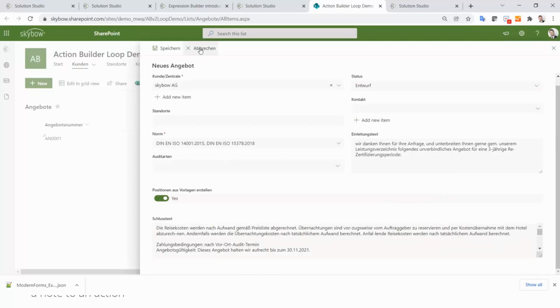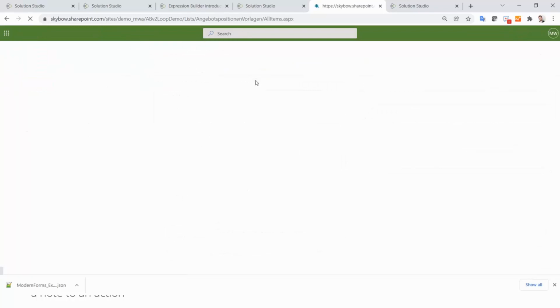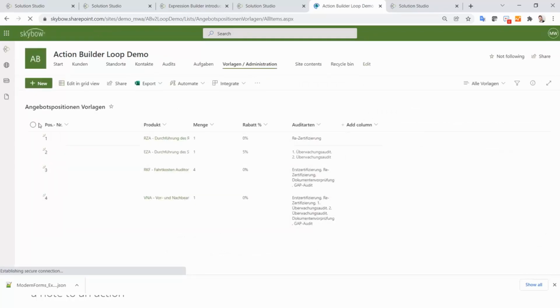And in the background, we have a template list, position templates, that's the one here. And each position is assigned to an audit type. So they offer different audits, and for each audit type, we have some templates. And if we go back to the offer,